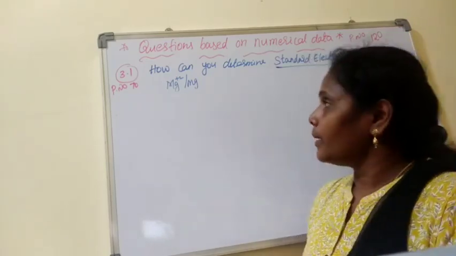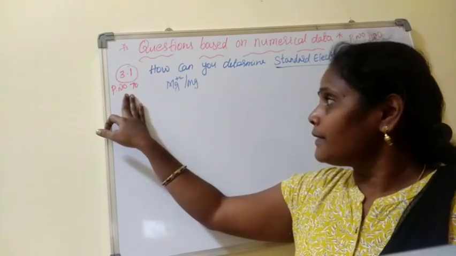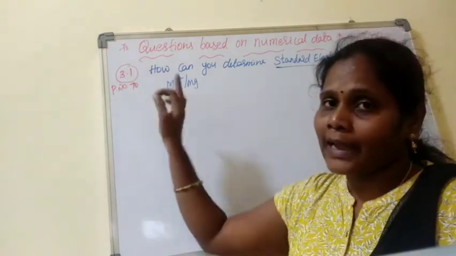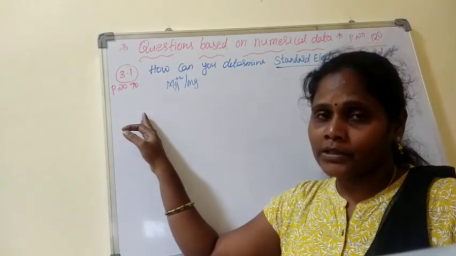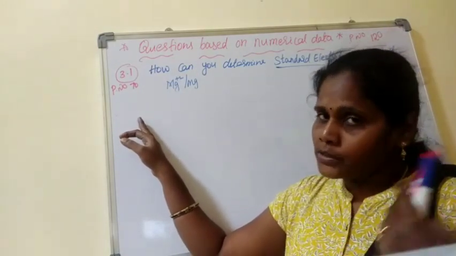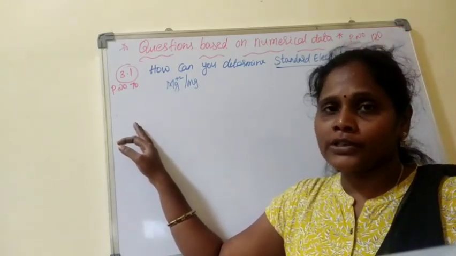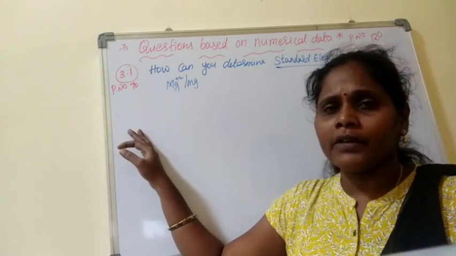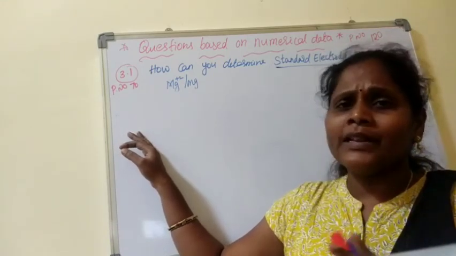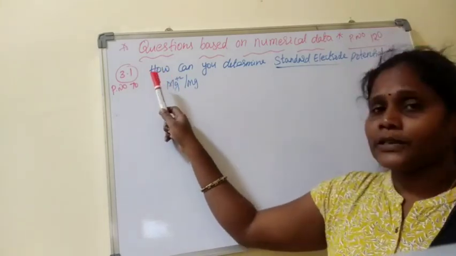Okay, now here is a question which is present on page number 70, given as 3.1. I am discussing only Telugu Academy textbook questions. I am not going for the CBSE ones. You also have many questions there. If you have time, please solve those questions also. It will be practice for you. All are the same, only the elements and the concentration change. That's all. Okay, so here is the question.